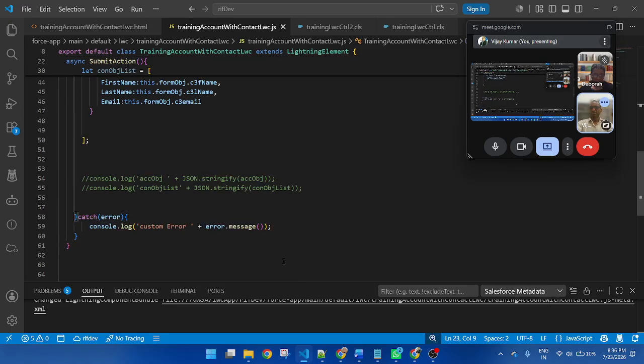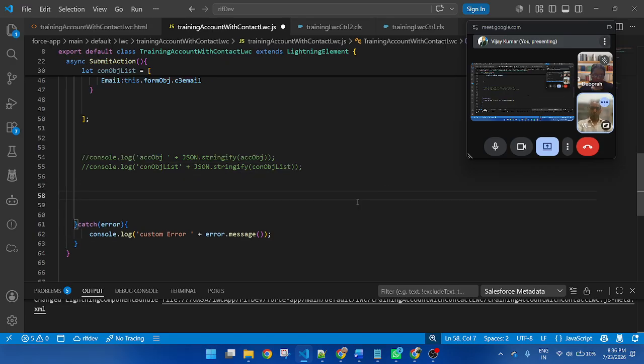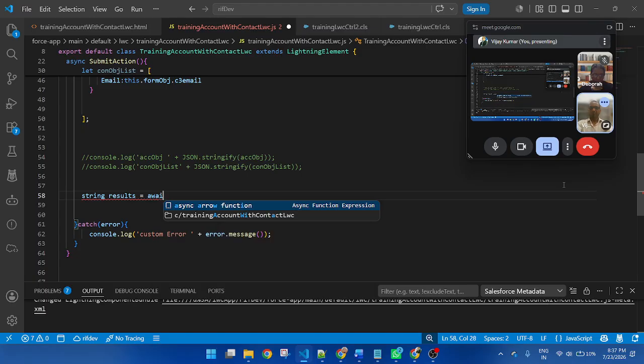This is a try block, and here I want to call it. So, string results equal to, this is the name of the method. Before the method, apply await. Await the method, and inside the method